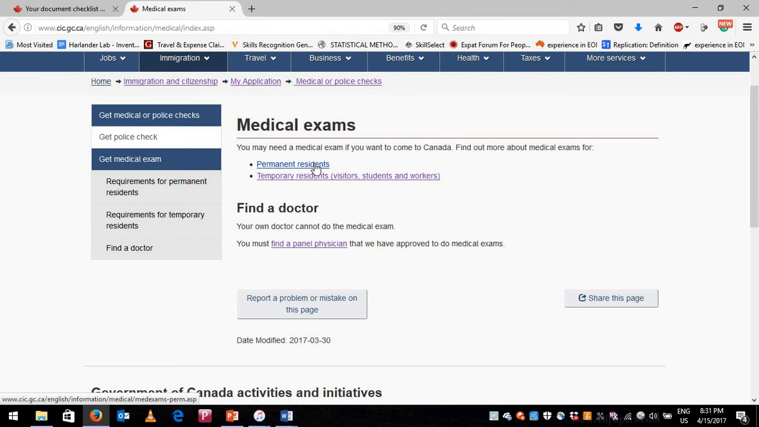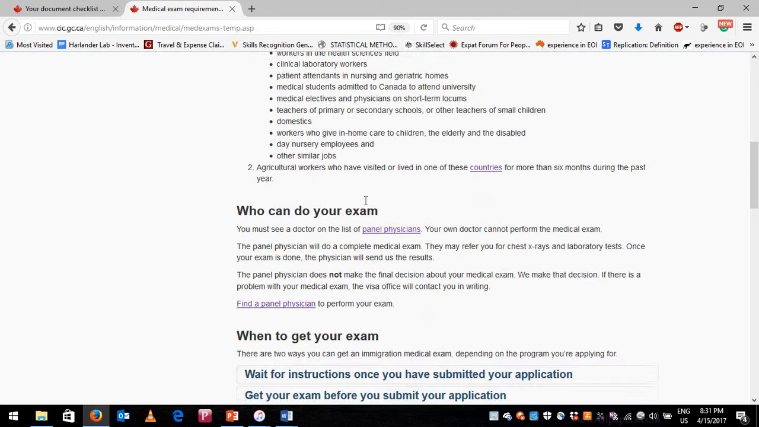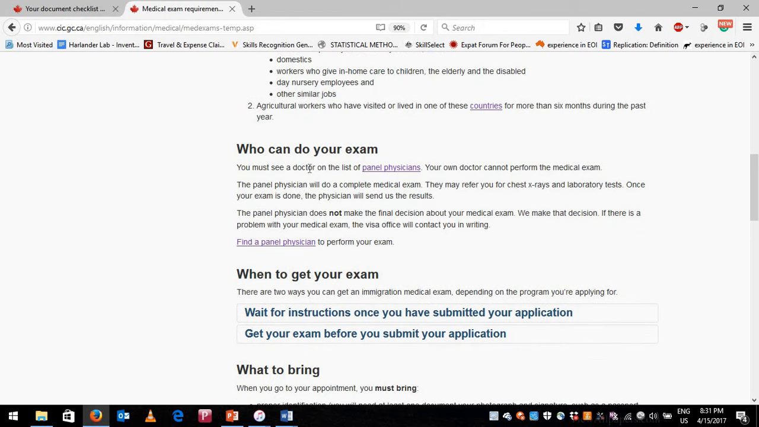So if you are going for permanent residence, which is not in this case, so let's click temporary residents, visitors, students and workers. So if you plan to visit for more than 6 months, you need to do a medical exam. If less than 6 months, then you don't need to worry about that. So if you go down, you must see a doctor on the list of panel physicians. If you click panel physicians, if you click here,